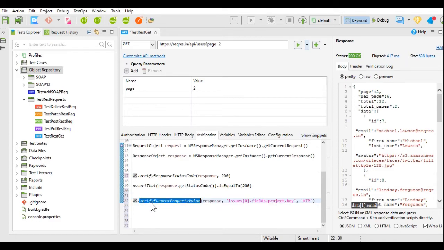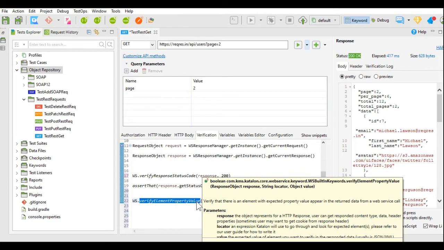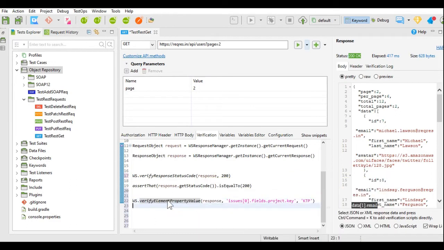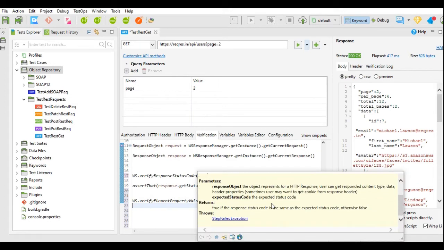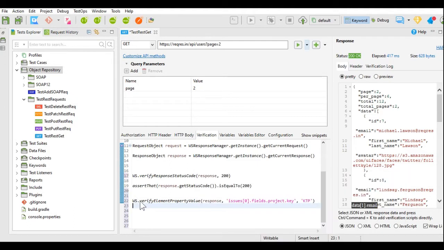So what this code says is to verify element property value. Whenever we select this or take the mouse over the keyword, it gives us the details of that keyword, what will be the parameter, what will be the return value, and so on. So it will help you to understand what this keyword actually does.